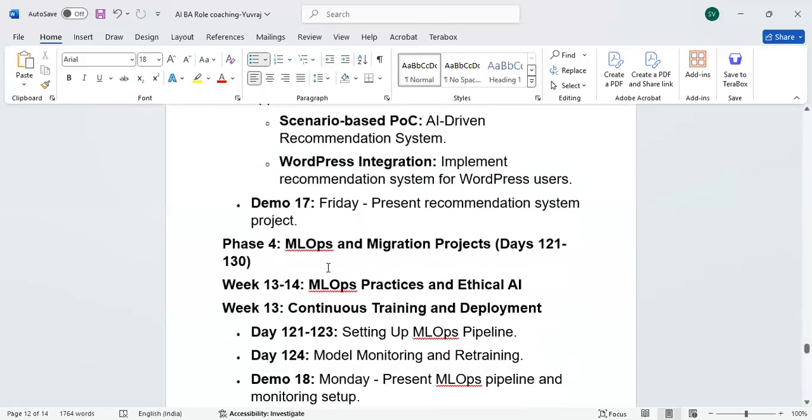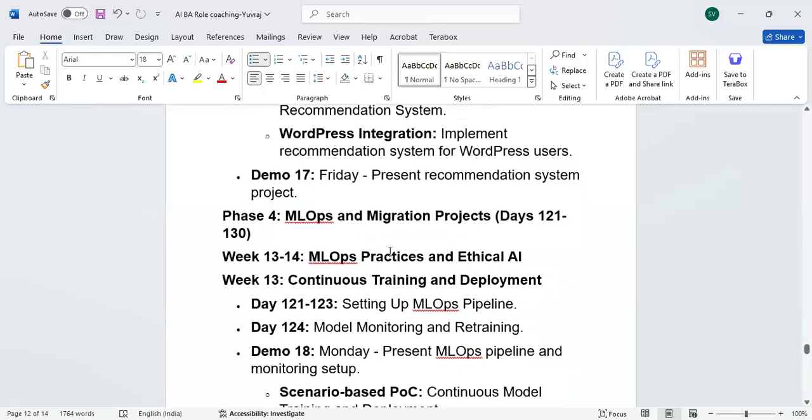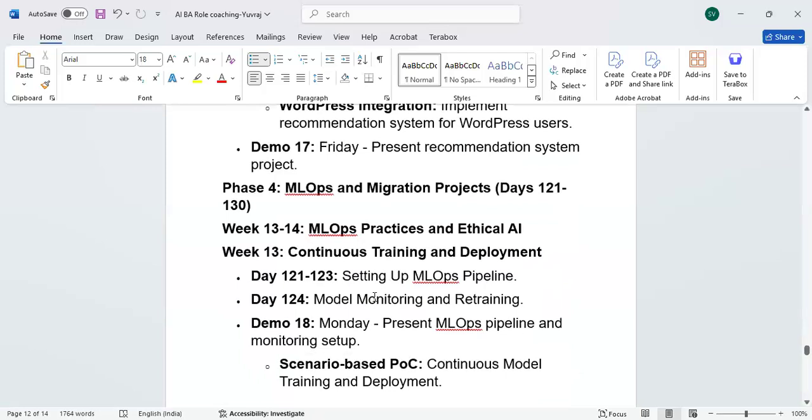Now, the later phase four is MLOps and migration projects. See, basically across the globe in the IT industry, currently, the traditional model in ML is data scientist activities. Data scientists have built a lot of systems using R programming and Python libraries, Python tools also. Many people need to transfer to either Azure ML or AWS ML, and some of them already have running ML systems. Those systems they need to migrate into generative AI to save the cost.